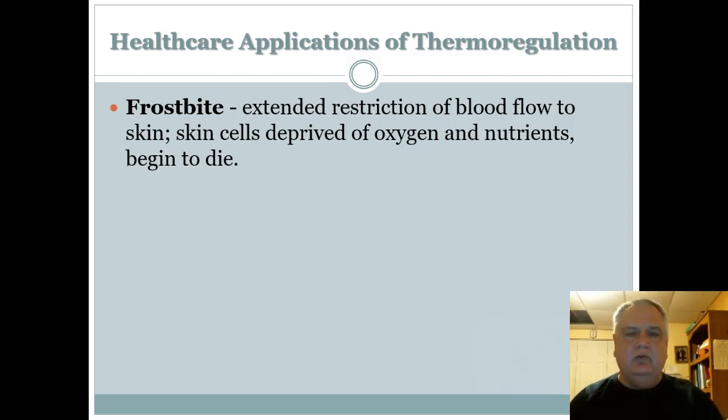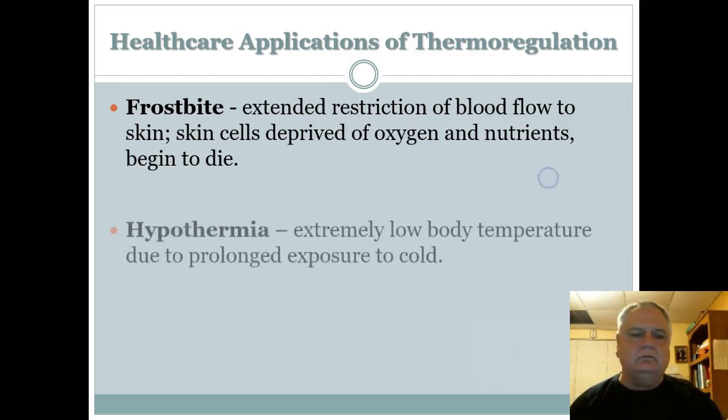So as we mentioned before, what's going to happen? Vasoconstriction is going to take place. We're going to constrict the blood vessels that carry blood just underneath the surface of the skin and out to the extremities. We're going to try to keep the blood deep in the body core, where those essential organs like the brain and the heart are going to be supported by trying to keep the blood warmer. So the end result is that we preserve the heart, we preserve the brain, but we may lose a finger or an ear in the process.